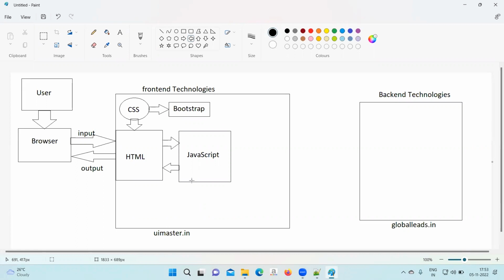After this, JavaScript will be the fourth step. It will not be the third step, it will be the fourth step. HTML, CSS, Bootstrap, and then we'll come to JavaScript. Next, after JavaScript,